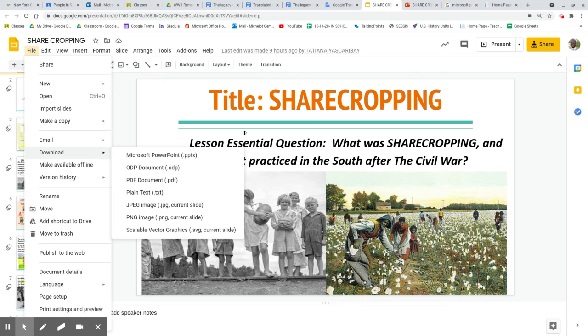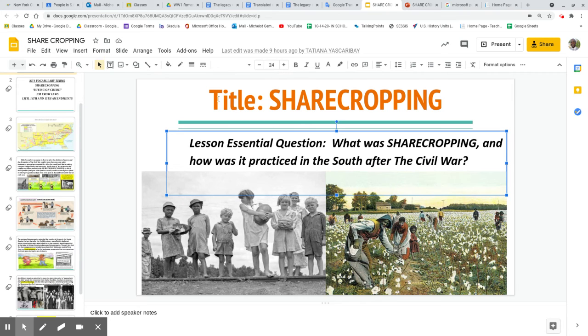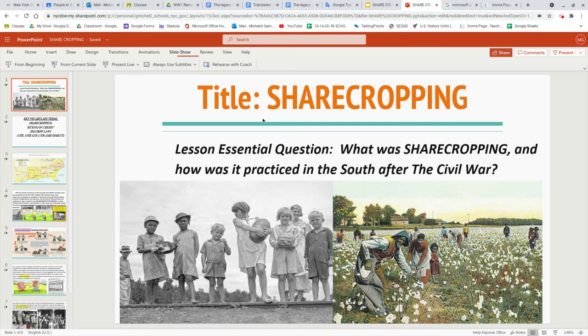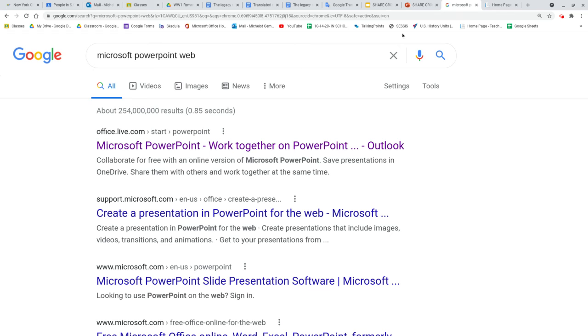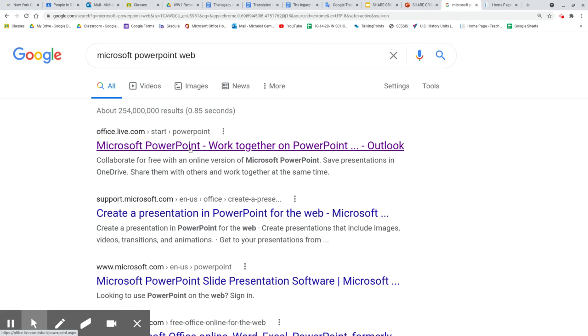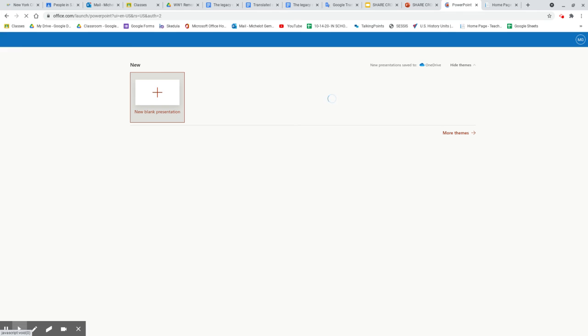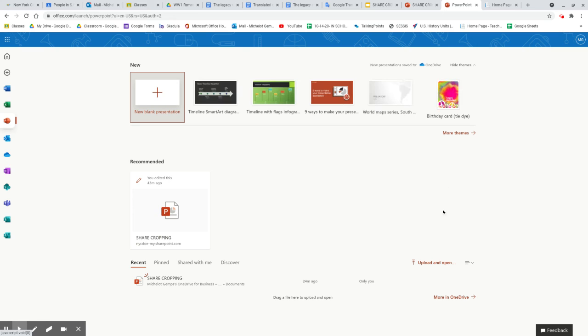Now, depending on whether you have a Mac, a PC, or a Chromebook, this seems to work. Right now, I'm doing this on a Chromebook. After you download it to your desktop, you simply go to PowerPoint on the web. Okay? As teachers, we have access to Microsoft PowerPoint on the web right here. You click on this option, which is the web, and then you simply upload what you downloaded to your computer. It's taking a while to load. See how it says upload right here? You can upload. So it's at the bottom right. You can upload whatever document. I already